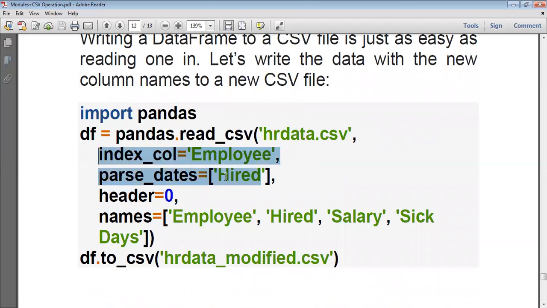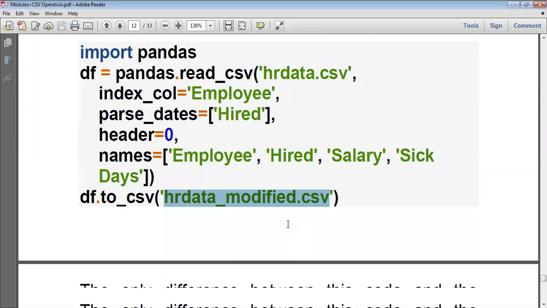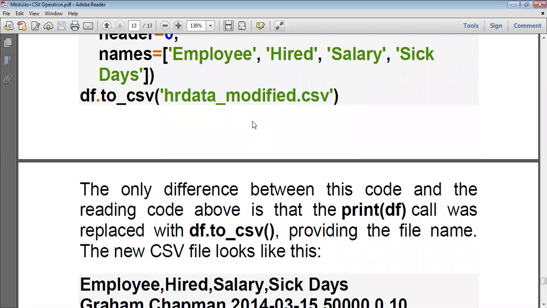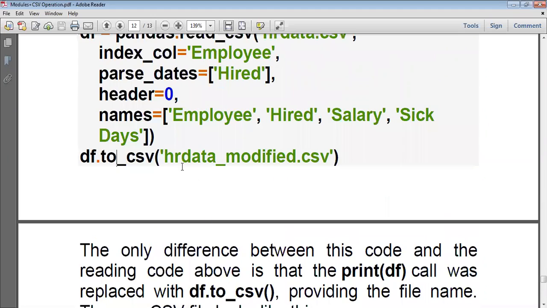With the modification, it is newly created as the new CSV file called hr_data_modified. So to write the modified content into the new CSV file, we are using to_csv, which will write the content of the data frame into the CSV file, which has the new name.